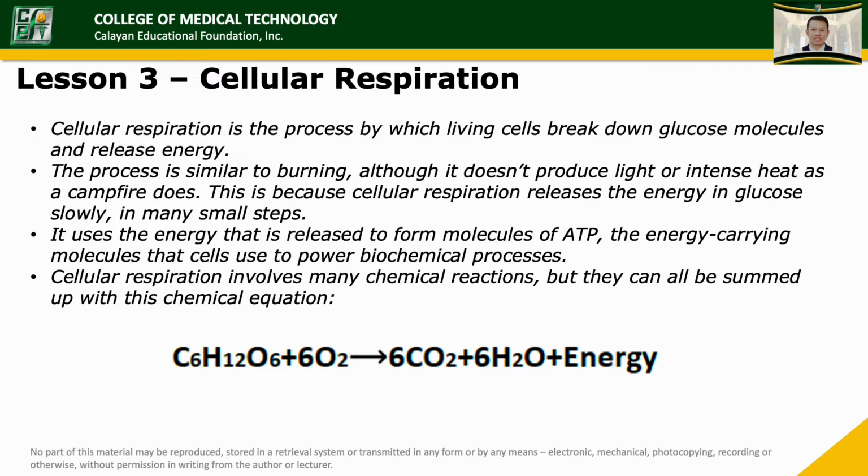So meaning to say that glucose molecule has to undergo these processes because there's a need to, and it's for the welfare of the cell itself. So if the cell will be properly nourished, then the entire organism will get benefit from it. So it uses the energy that is released to form molecules of ATP, the energy carrying molecules that cells use